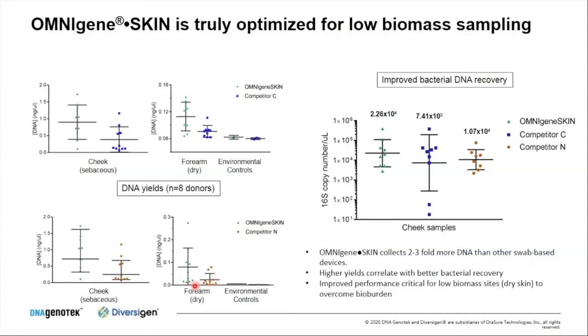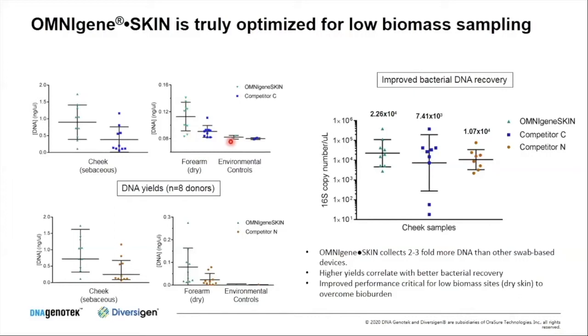competing device. And 2 to 3-fold may not seem like very much, but when you start looking at forearm, which is dry skin, where the biomass is as low as it gets when it comes to skin, a significant proportion of the samples that were collected in competing devices were actually indistinguishable from the environmental control, so uncollected kit. And that's not the case at all for OMNIgene SKIN, where over 85% of the samples that were collected were at DNA concentrations well above the environmental control. And I think that's truly indicating that OMNIgene SKIN is optimized for low biomass sampling and other swab-based